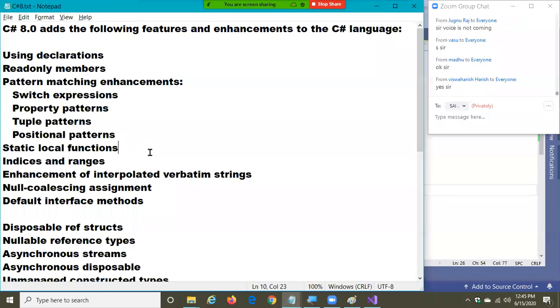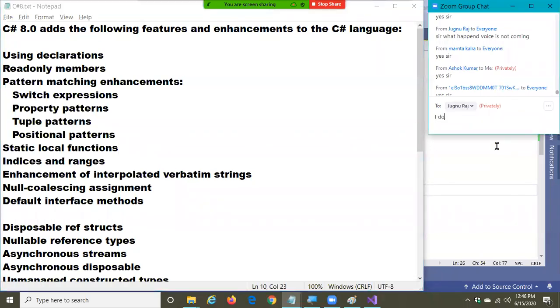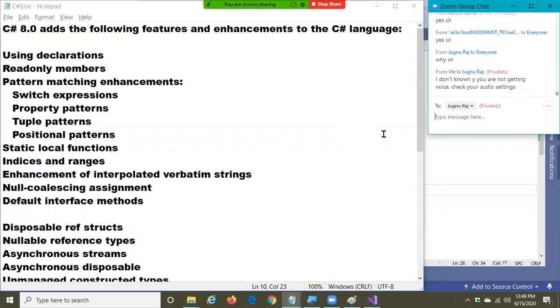Next, indices and ranges. What is this indices and ranges?